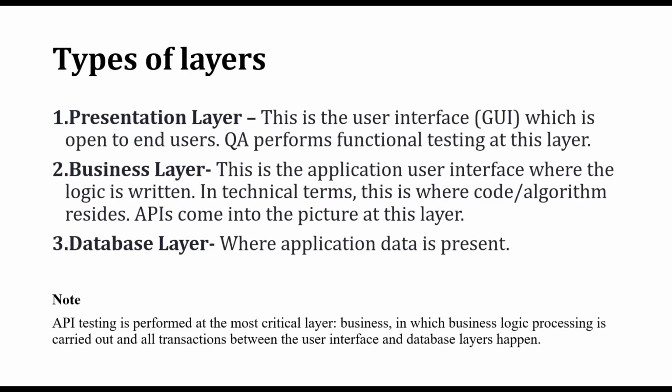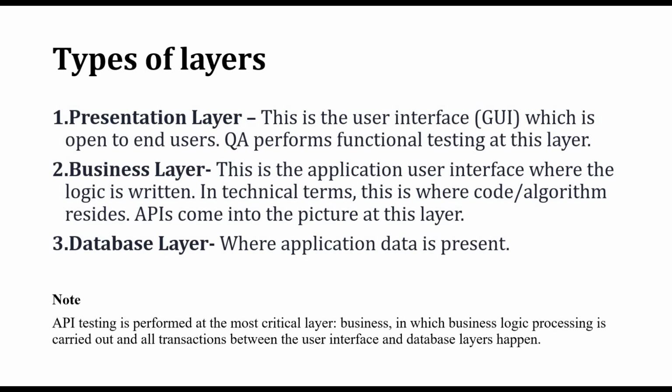So the whole database will be maintained securely and safely. You know very well the presentation layer, where QA performs functional testing. Business layer, I already told you, is the technical part. Only the developer and the company know what logic they have written. If they know it very well, only then the presentation layer and the database layer will communicate with each other. Then only Amazon will talk to the third party application.